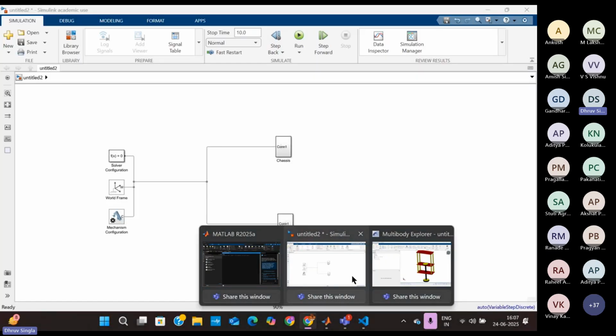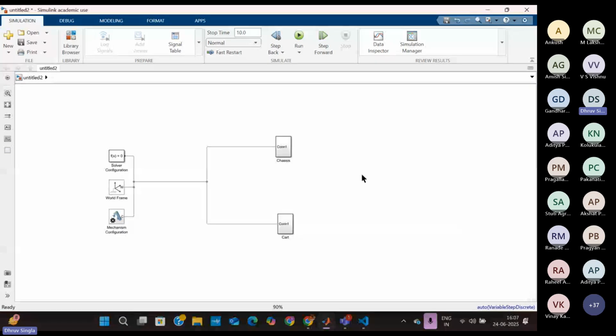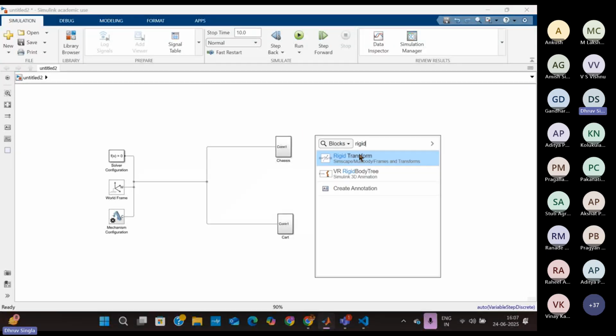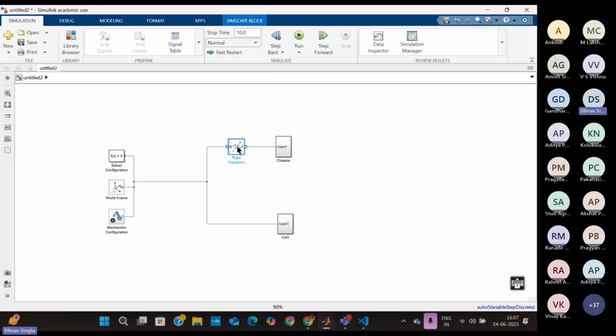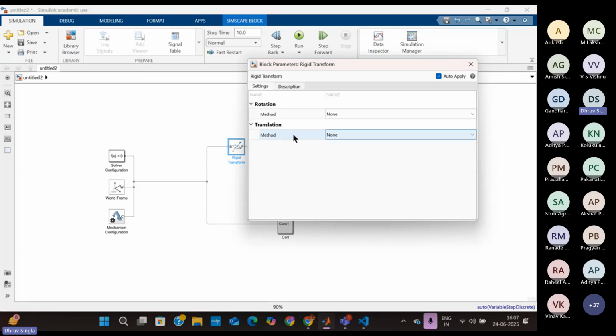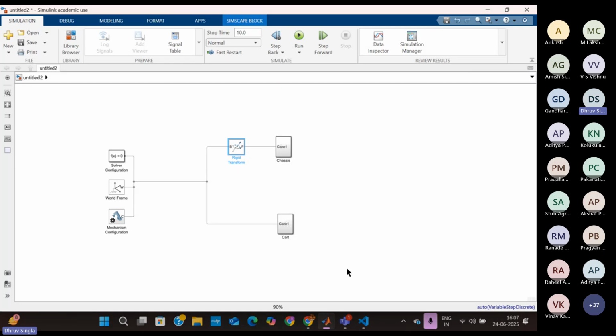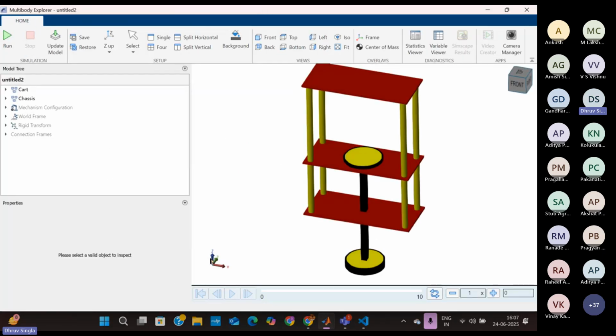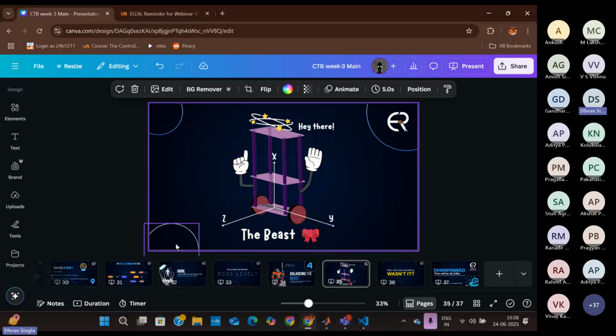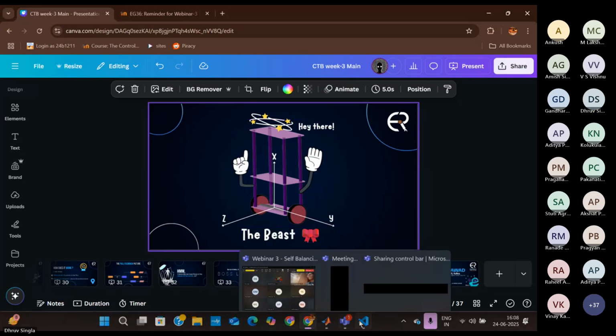So what we need to do now is perform certain z transforms again, but the z transforms that we perform are going to be a bit different from what we have been doing till now. If I import the z transform block here, what we did till now was use the translation feature of the z transform. We translated our components to different positions, and it just fixed things. But now, in that simulation window, it's facing in the Z. So I need to rotate my upper body such that it faces the Z axis and stands upright in the X axis. For that,